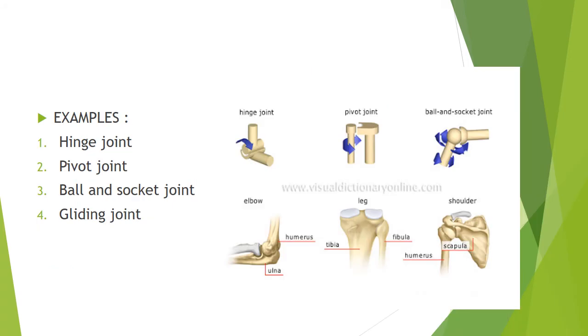Okay students, the most common examples of synovial joints are hinge joints, pivot joints, ball and socket joints and gliding joints. Hinge joints basically show back and forth movement. You can see this type of movement in your elbow. Number 2, what is a pivot joint? It is basically a type of joint which allows a twisting movement, right? By moving the pivot joint in your elbow, you can easily rotate the palm of your hand upside down.